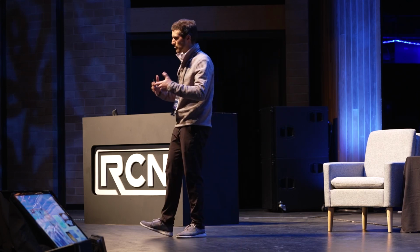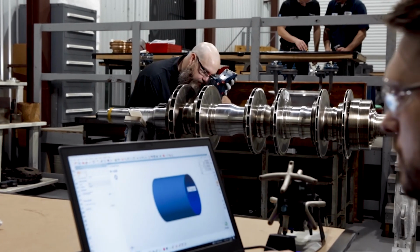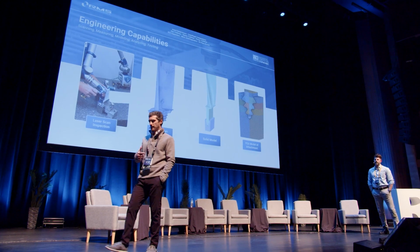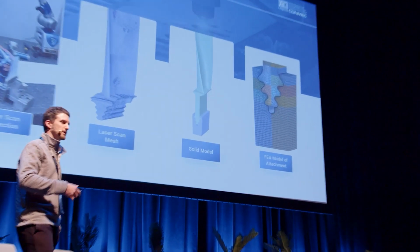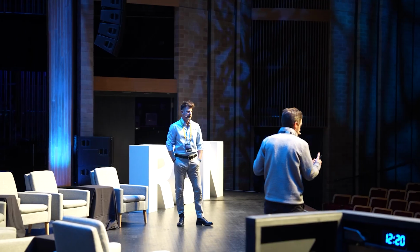When we get in the middle of a turnaround, we can scan the inside of a compressor casing and virtually overlay that rotor into the unit to evaluate internal clearances without having to physically install the components. And we know that everything's going to fit. There's no additional measurements. We leverage that data to perform finite element analysis to optimize the design so that we're increasing the longevity, the reliability, safety of the machine while it's in operation,